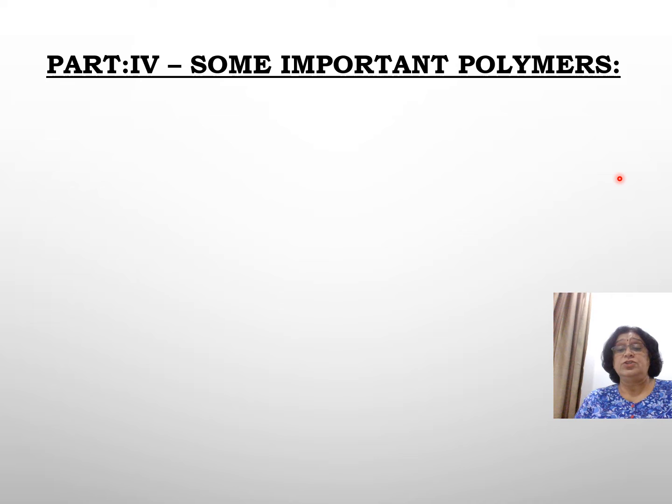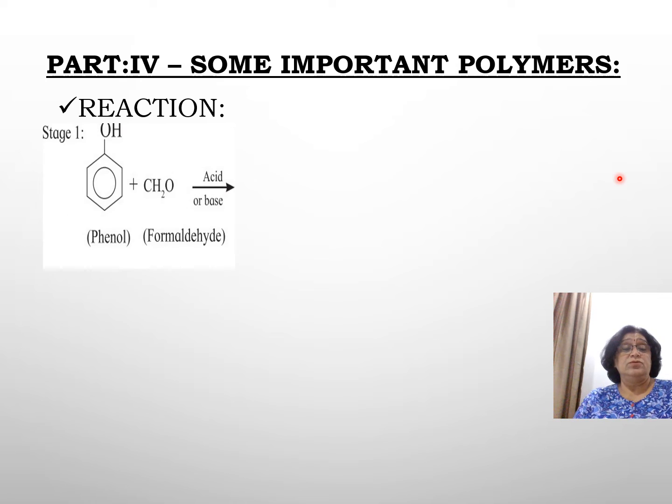So let's see the formation of bakelite now, the reaction. As we said just now, bakelite is formed by the reaction of phenol and formaldehyde in the presence of acid or base. So phenol, as we all know, is ortho and para directing, and shows a plus M effect. So the CH2O group gets added on the ortho and para positions. Why does it get added? Because the ortho and para positions are nucleophilic centers and this carbon is an electrophile. So the carbon attacks on the electrons and gets attached here.